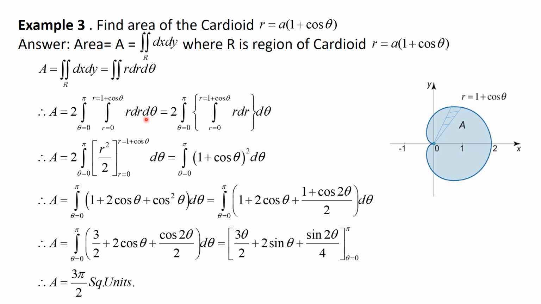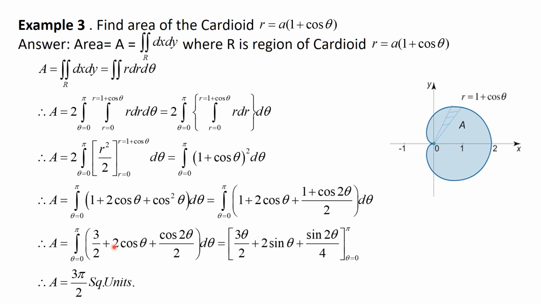Once the limits are clear, it remains to just find out double integral of the function with respect to r and theta. So since r is the function of theta, integrate with respect to r first. Integral of r is r square by 2 from the limit 0 to 1 plus cos theta. Substitute upper limit lower limit terms, and the value of 2 with 1 by 2 gives the cancellation, remains as 1 plus cos theta whole square. That open the bracket, so it turns to 1 plus 2 cos theta plus cos square theta. Integral is from 0 to pi. In substitution of cos square theta is 1 plus cos 2 theta by 2.